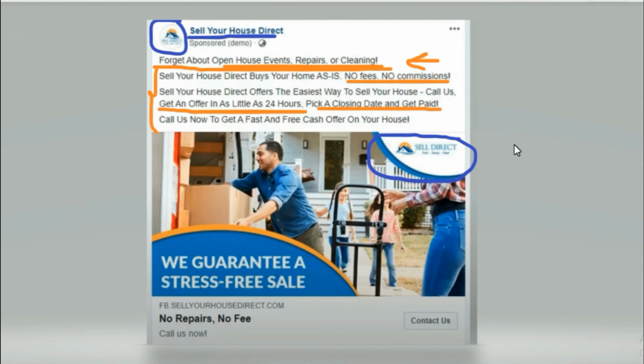The third thing that you need to include in your Facebook ad is a clear call to action button. A lot of the time people write a good copy, attractive images, use logos and everything, but they don't tell the person who is seeing the ad what they should do at the end, what you want from them. You should always make sure that you write a clear call to action in your Facebook ad copy, or in the image or description or anywhere. Like you can see here, we have written, call us now to get a fast free cash offer on your house. So this is a call to action. Make sure you always include a clear call to action in your Facebook ad copy.